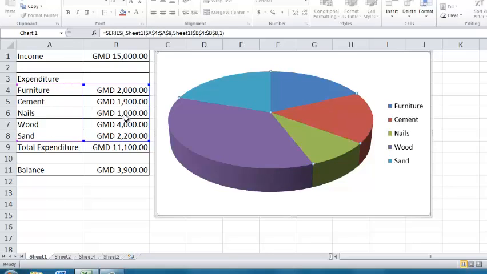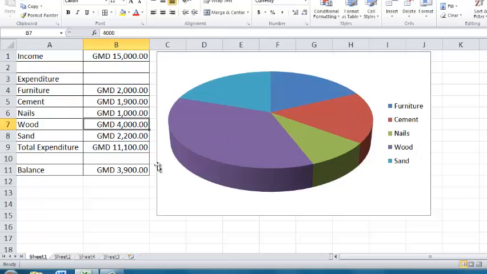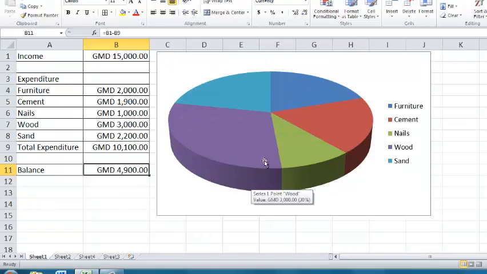So anytime I make changes here, let's say for example the biggest slice here is wood. So if I make changes to wood, let's say I change wood to 3,000. When I change wood to 3,000, you will see that the total here will adjust. You see it is now 10,100 instead of 11,100, and this one also will change the balance. Before it was 3,900 and now it is 4,900, and you also realize that the slice of wood also has changed. So this chart here is referencing this data, so anytime we make changes it